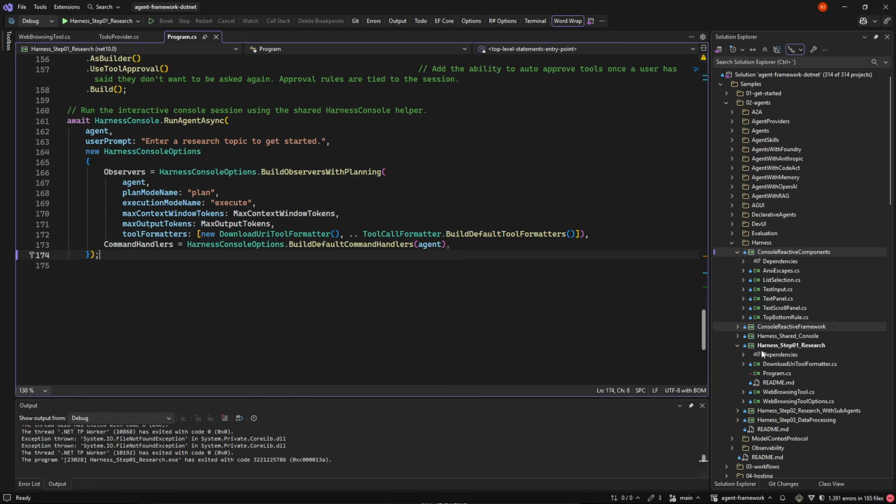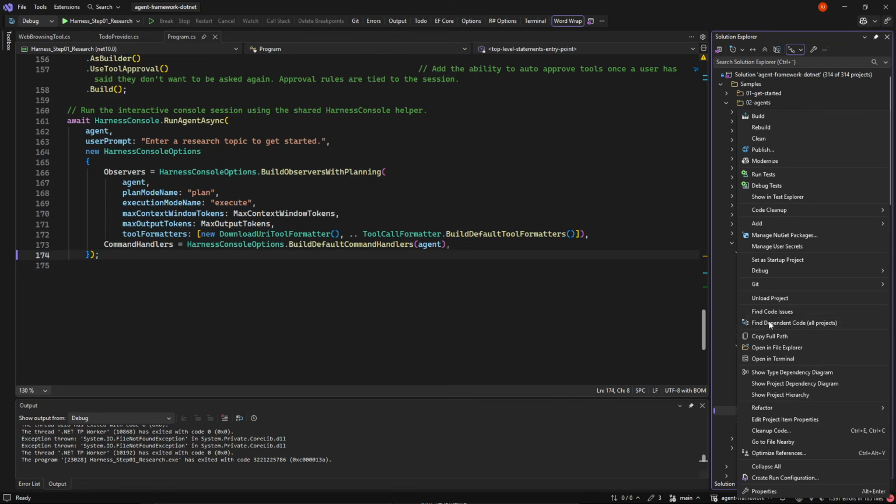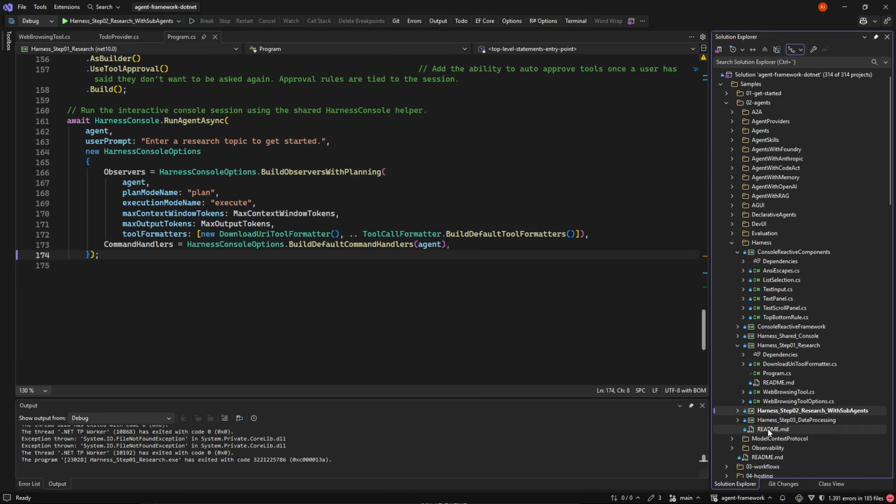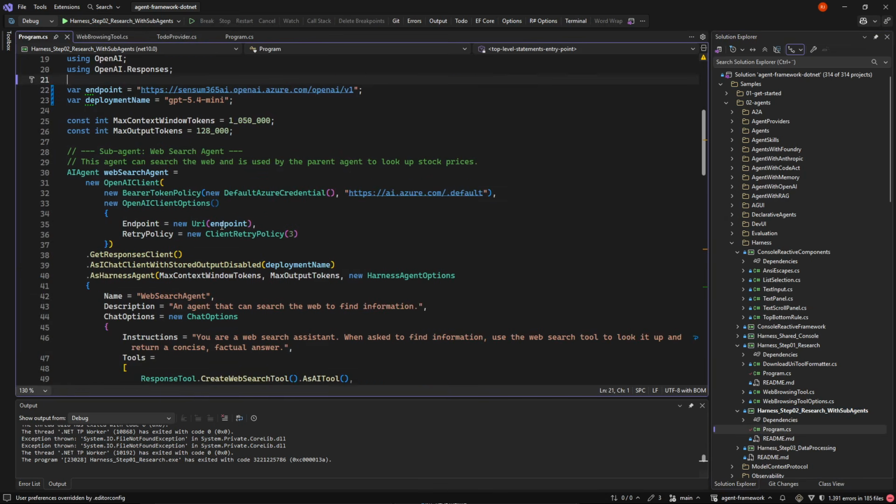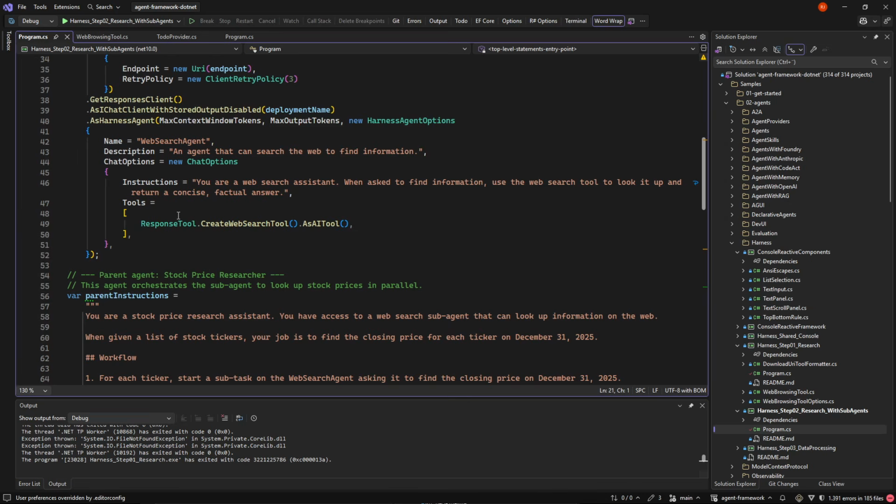The second demo is not as impressive, but let's go in and see it. So in that one, we're essentially just seeing that it adds a tool that is a web search tool.